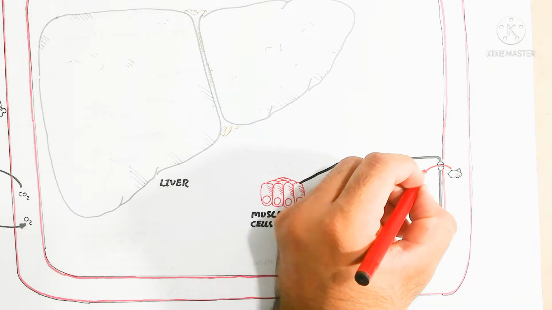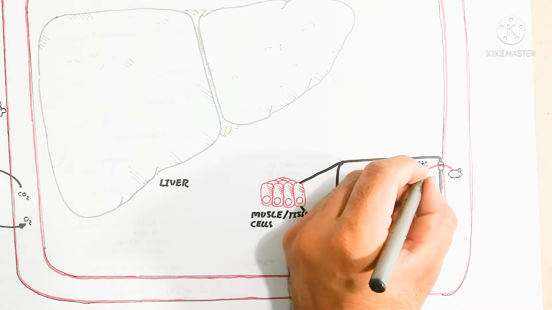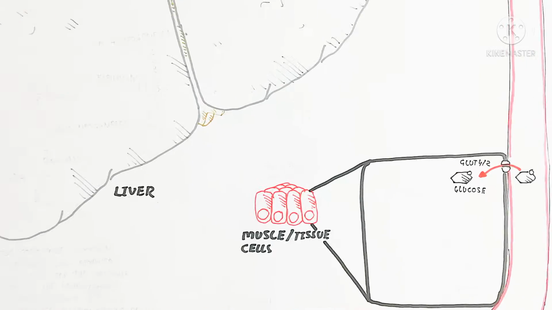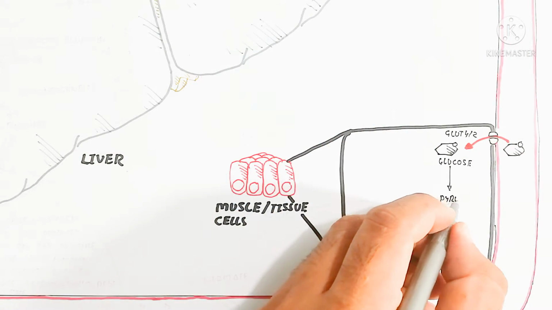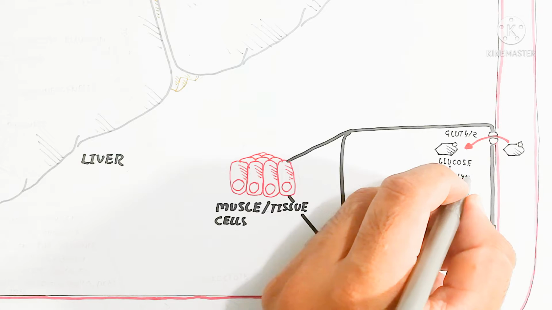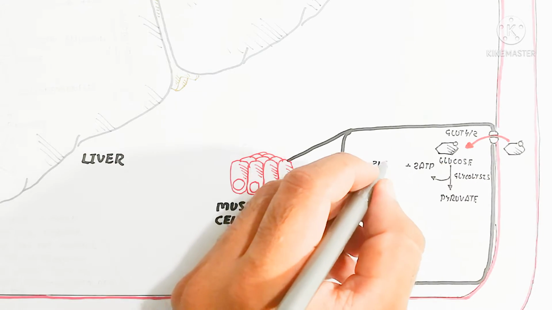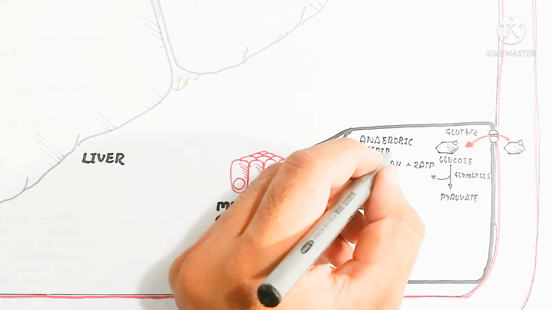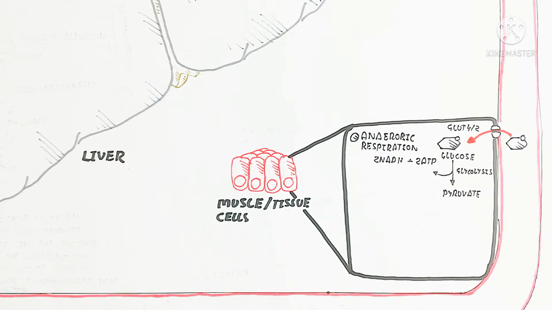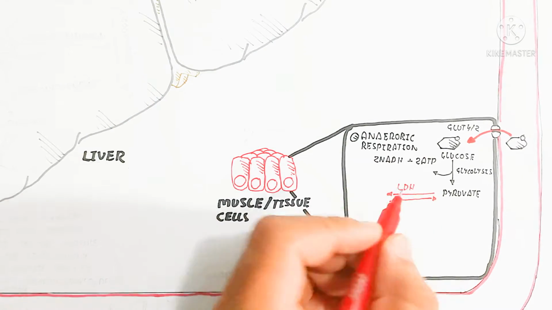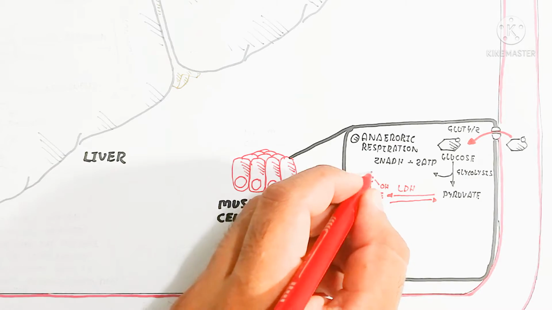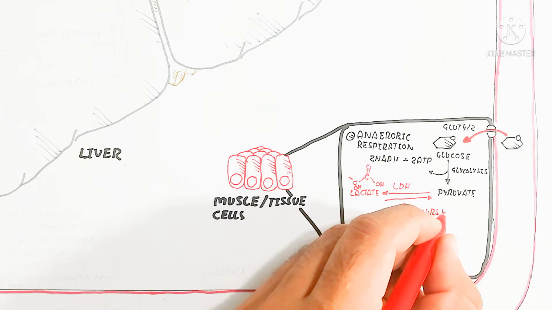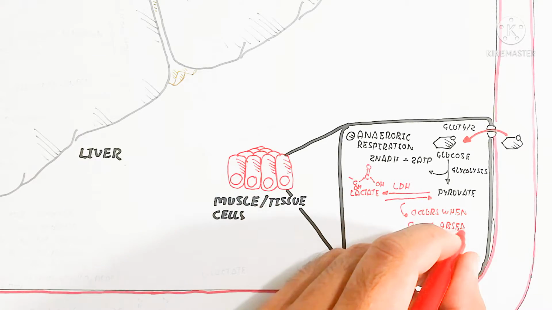Basically here is the muscle or tissue cell, basically all types of tissue. So it contains a cell. In this cell the GLUT4 and GLUT2 channels are present. So sugar moves from the blood to the inside of the cell through insulin. The insulin allows the glucose to move inside intracellularly. So the glucose will move in, glycolysis will occur and pyruvate will be produced. That is anaerobic respiration.